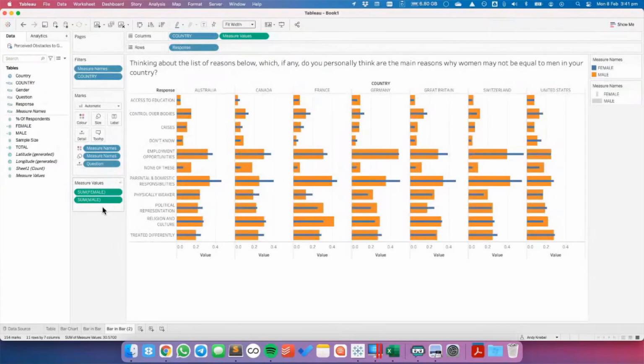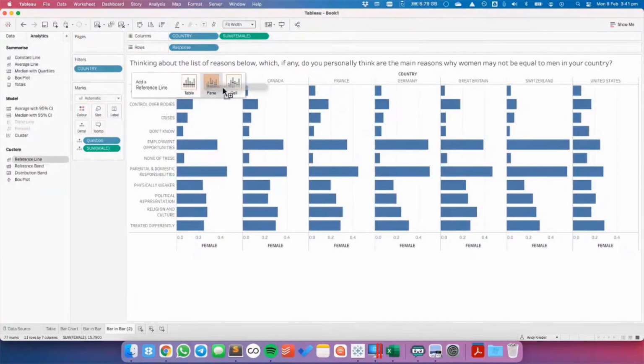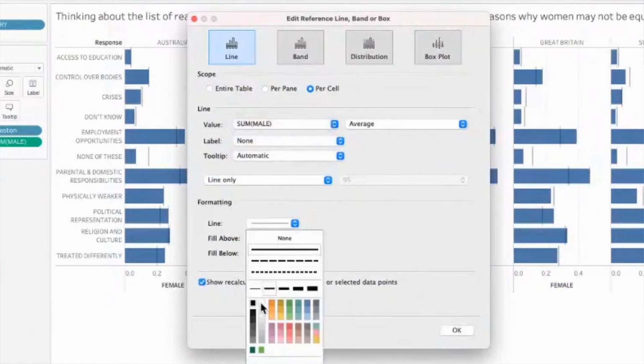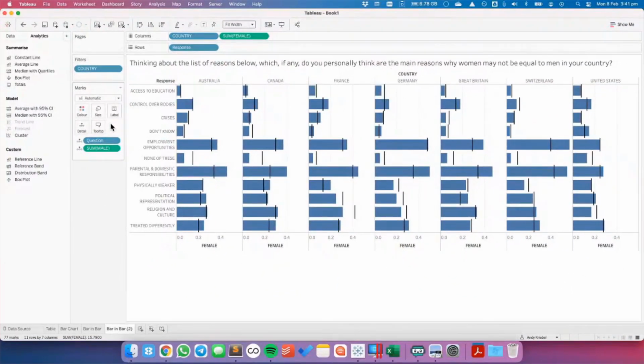But I think maybe what I'll do this time is put the male onto the detail shelf, and then I can add the male as a reference line. So for each cell, I'm going to have the male as a reference line, and maybe I'll make that a dark line. Hit OK, and now we can see where the female responses are higher than